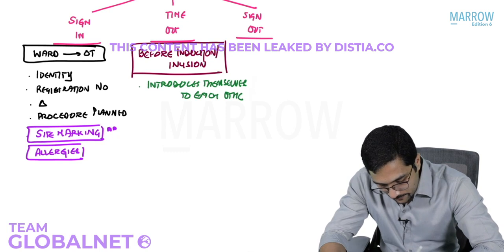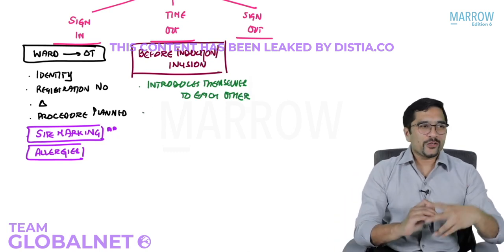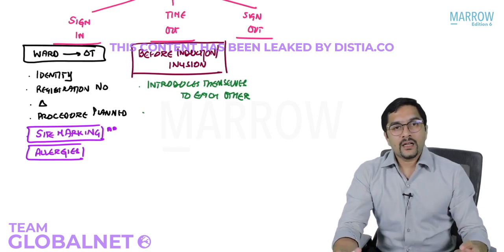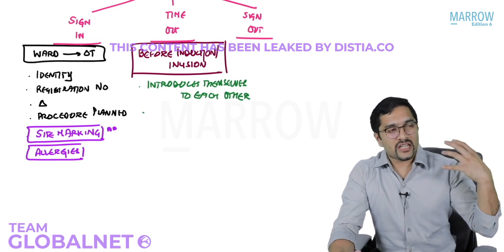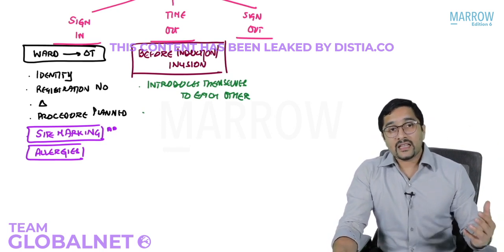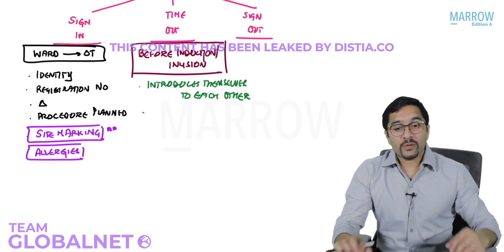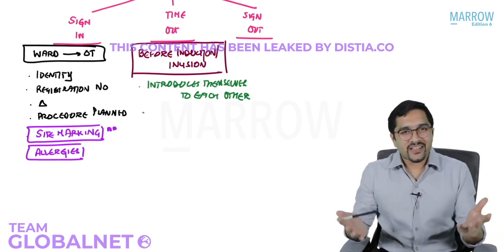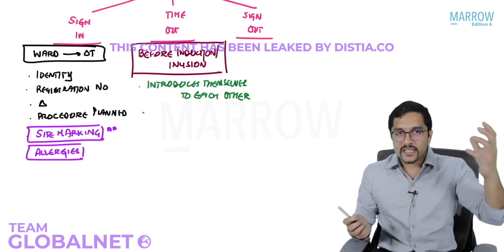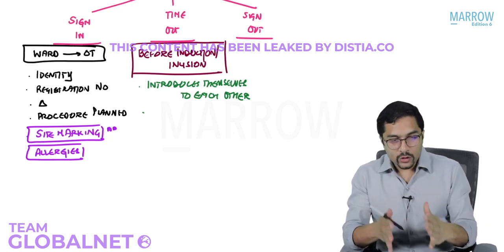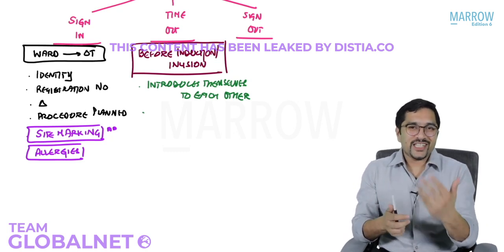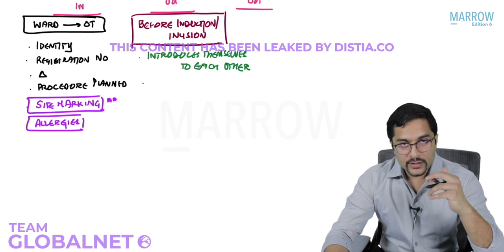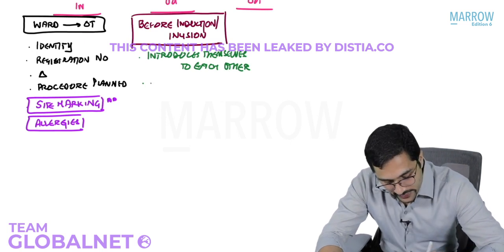Now, this is very important because this serves as an icebreaker for you to know who your anesthetist is, who the nurse is. In a small hospital, this does not matter. But when I did a rotation in Harvard, there were 27 OTs there. With 27 OTs, you can imagine how much staff they will have. So not everyone knows everyone. That is why everyone has to first introduce themselves to each other. And I will show you videos of each of the phases so that you actually know what is done before we start a surgery. So everyone introduces themselves to each other. Then we recheck the identity.